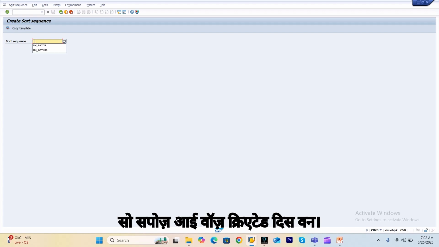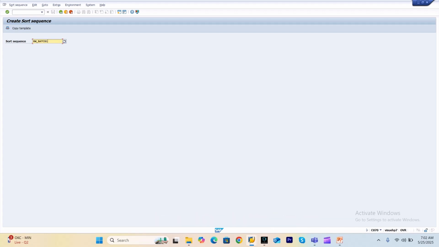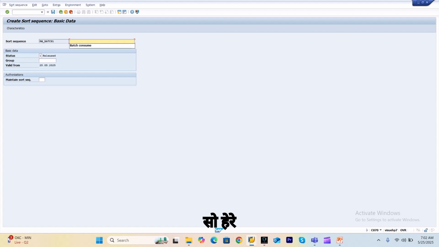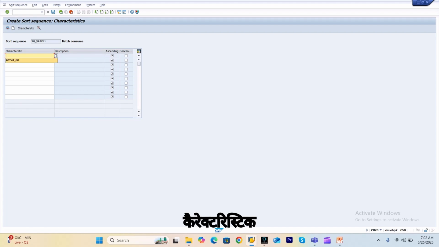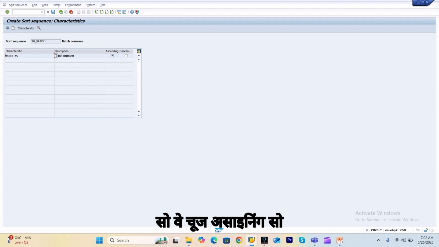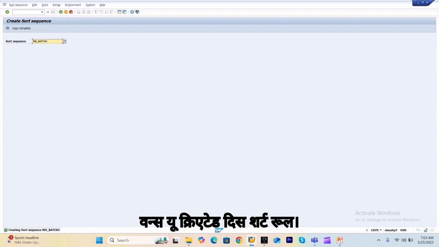Suppose I created this one. Here you need to assign that characteristic. We choose ascending, so that you need to assign this sort rule. Once you have created this sort rule,